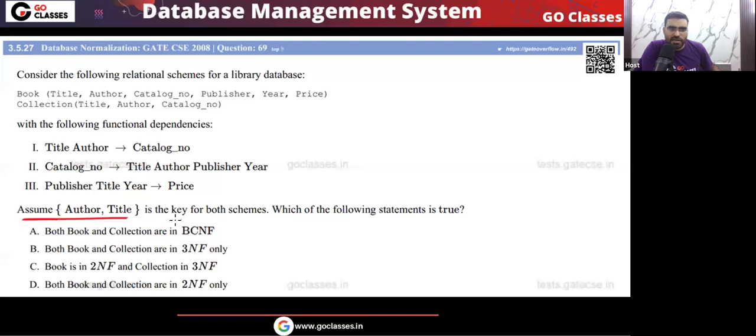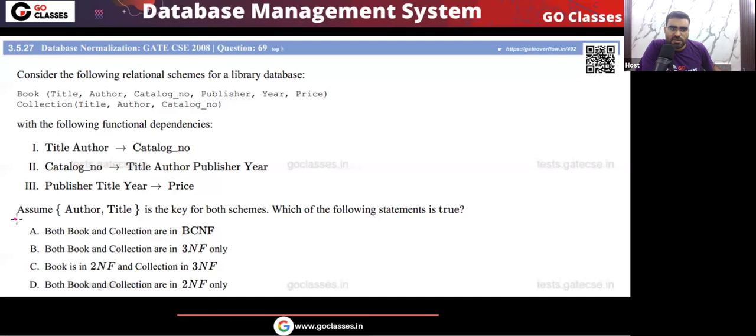Assume author comma title is the key for both schema. This author comma title is the key for both the schema. Which of the following are true? Are they in BCNF, 3NF, 2NF? In this question, one thing I want to ask you, look at this information. Assume author comma title is the key for both schema. Are we talking about candidate key or